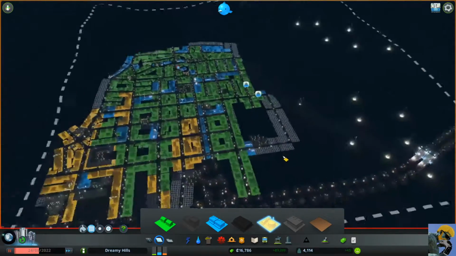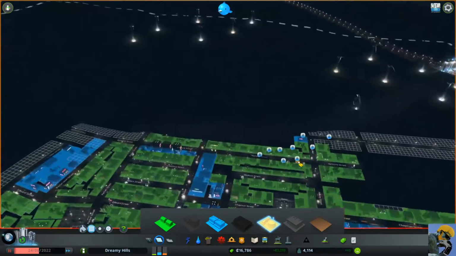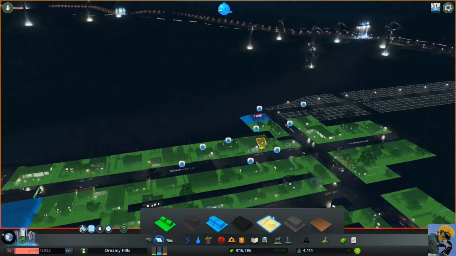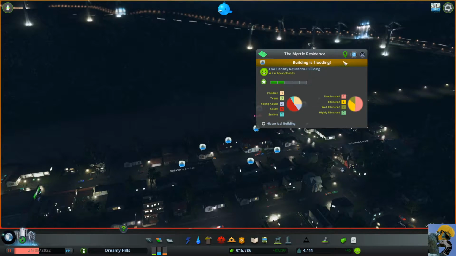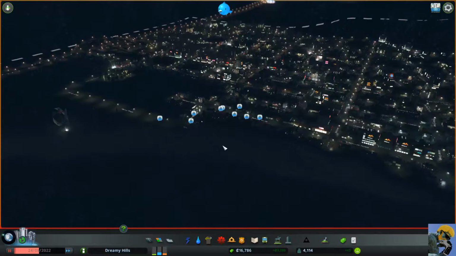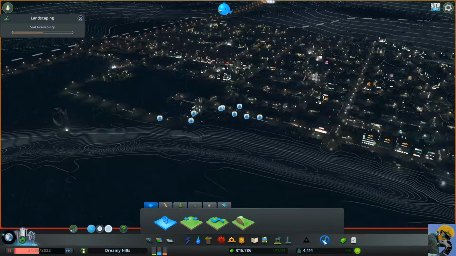Maybe because you're too close to the river? How can I... Interesting. How do I mitigate that? Building is flooding. That's awful, right? But... maybe I have to raise it? Can I do that? Can I just raise your area? But it would bulldoze you, right? Like...